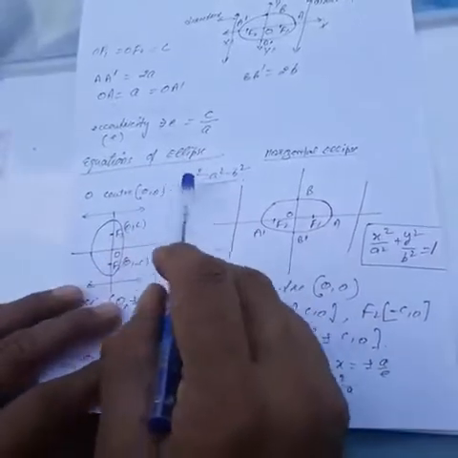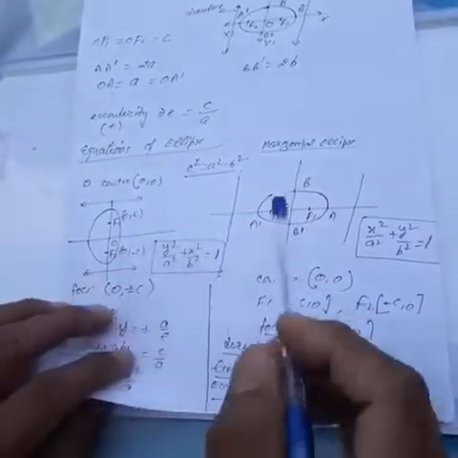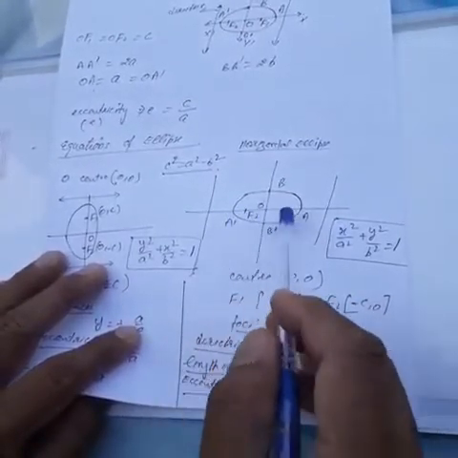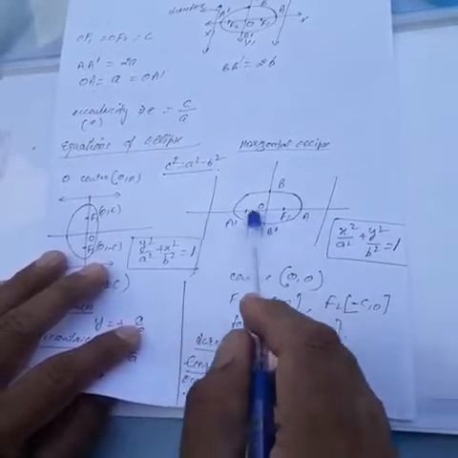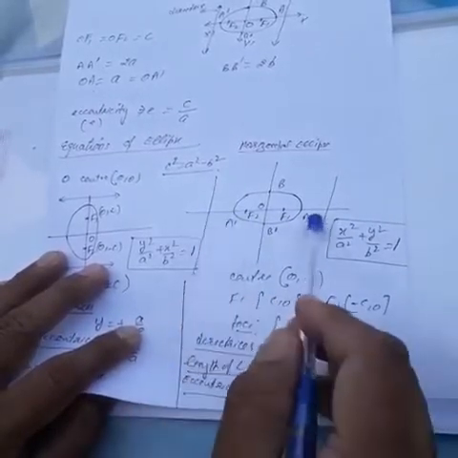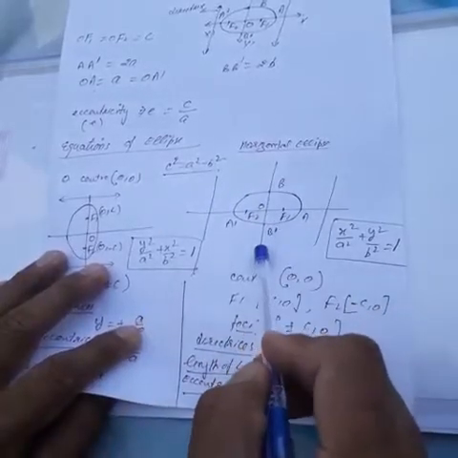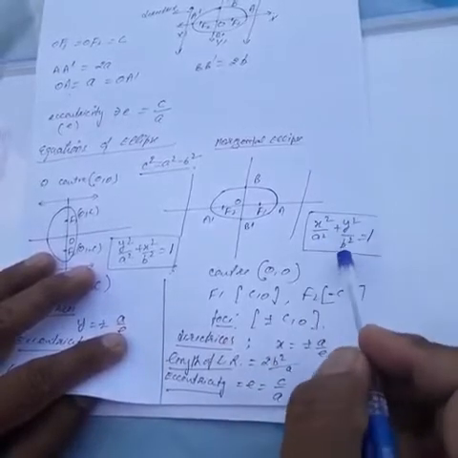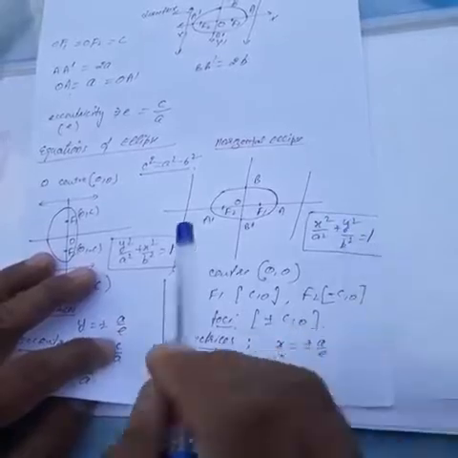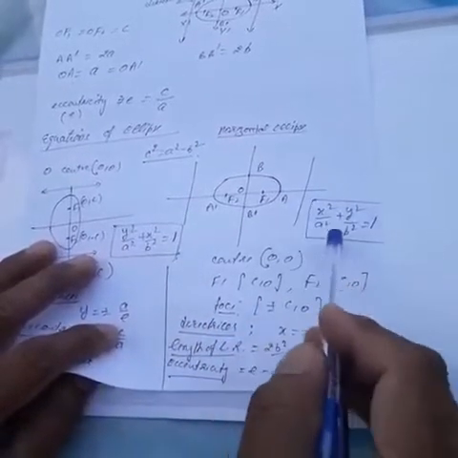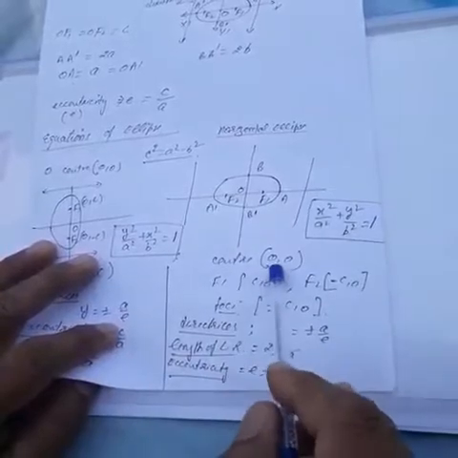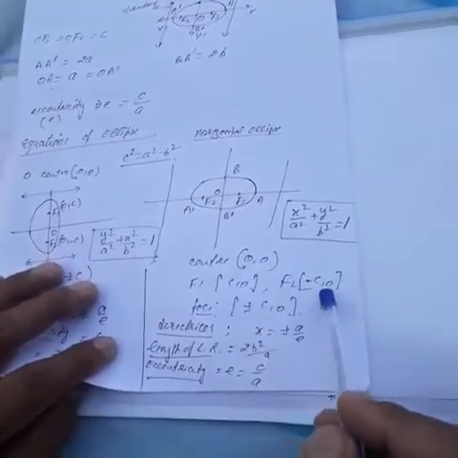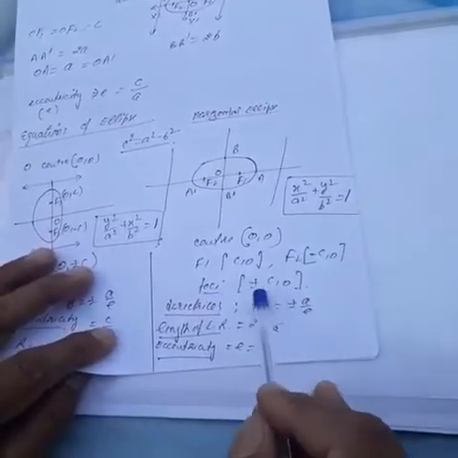Now what are the various equations? You will have two types of ellipse. This is the horizontal ellipse, when both foci F1 and F2 lie on the x-axis, or the major axis is on the x-axis and the minor axis is on the y-axis. Then the equation will be x square upon a square plus y square upon b square equals 1. If this is the equation of a horizontal ellipse, then the center is at (0, 0), the first focus is (c, 0), the second is (-c, 0). The foci can be combinedly written as (plus minus c, 0).